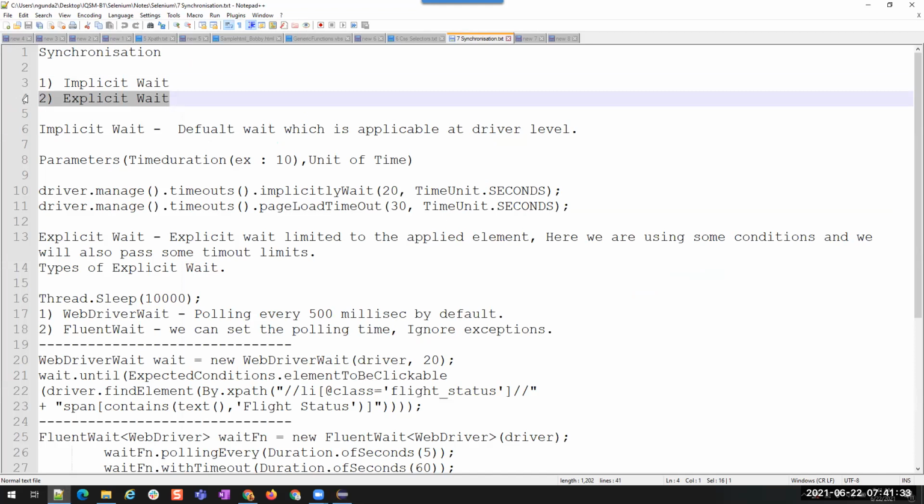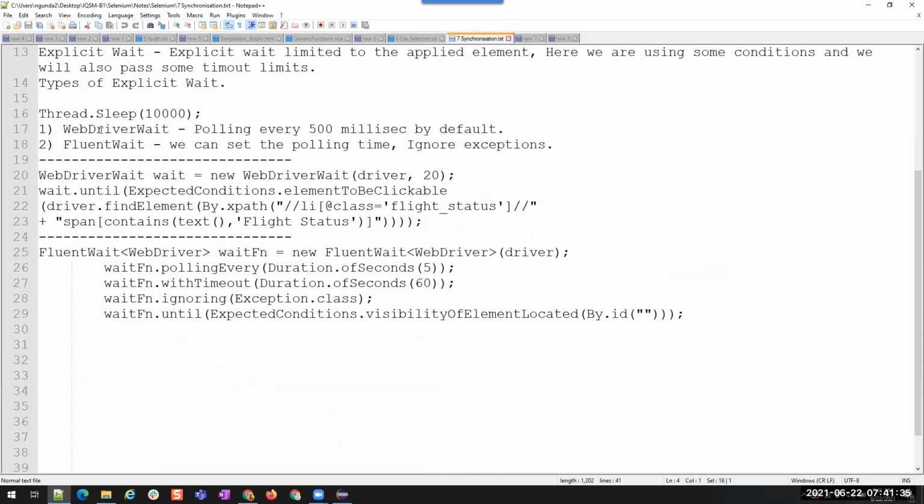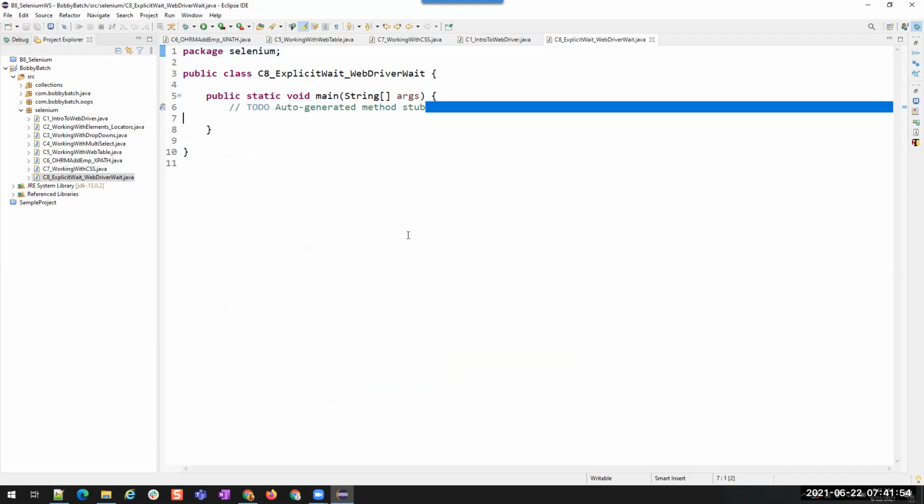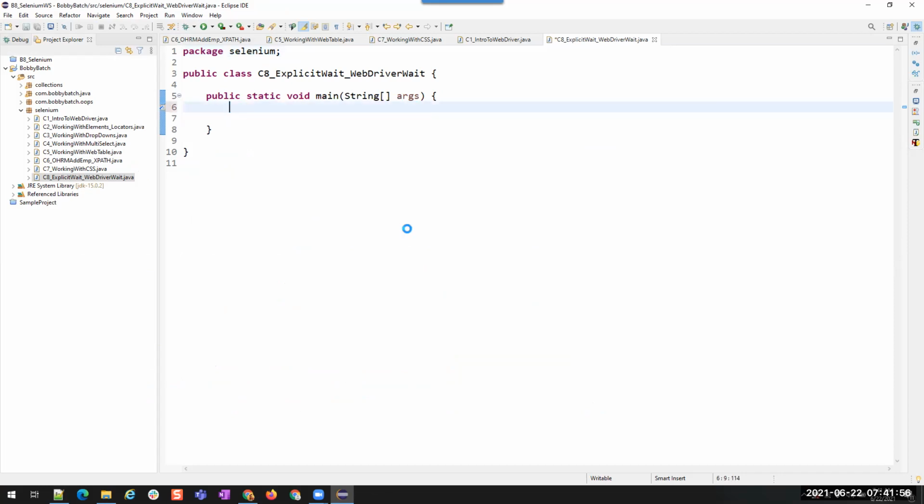Those two types are WebDriverWait and FluentWait. Selenium is providing us these two classes, the WebDriverWait class and the FluentWait class, to help synchronize our script with the application. Understood? So let us see that now.